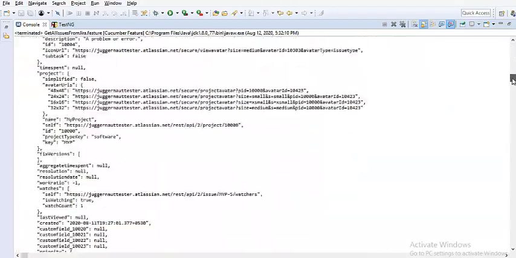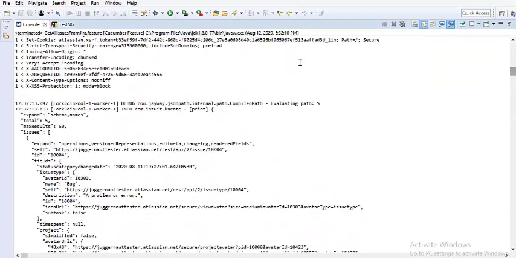You can see the response, with all the bugs present. This is where the response starts. You can see the total is 5, the total number of bugs present is 5, and the maximum result is 50. The response can only come for 50 records at a time. These are the details of each response, like what the ID for each bug is and what the description is. This is the basic test case which we have executed from the feature file.